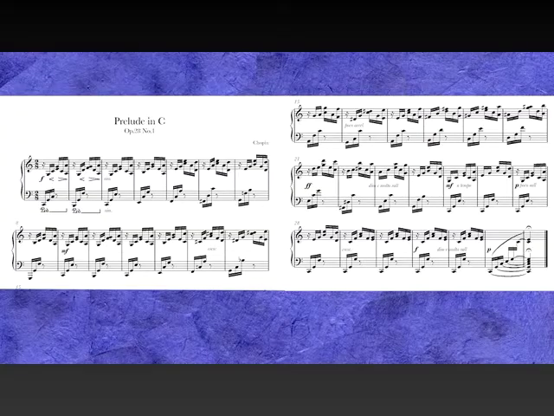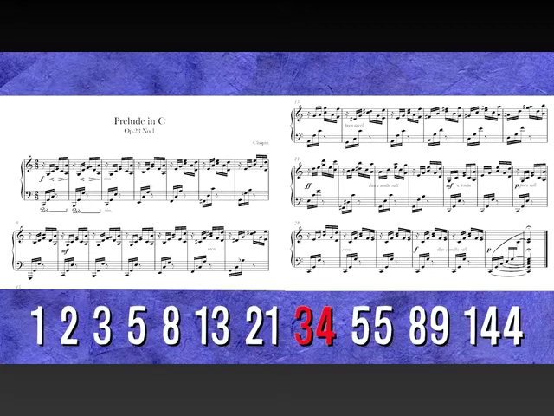There's a great example that's short enough to include in its entirety. It's the first of Chopin's Preludes, Opus 28 in C major. The piece is 34 bars long, with a climax at bar 21. The first major chromatic event is bar 13. And the opening statement lasts 8 bars, so 8, 13, 21, 34, a perfect Fibonacci sequence. Have a listen and judge for yourself whether these constitute audible events.